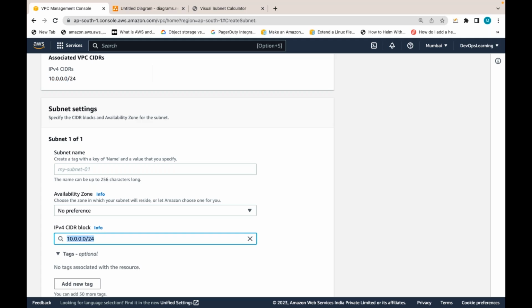If you are doing it like this, all the IPs you are allocating are for only one subnet. Will you be able to create a few more subnets if you allocate all 256 IPs into a single subnet only? No. So that's why